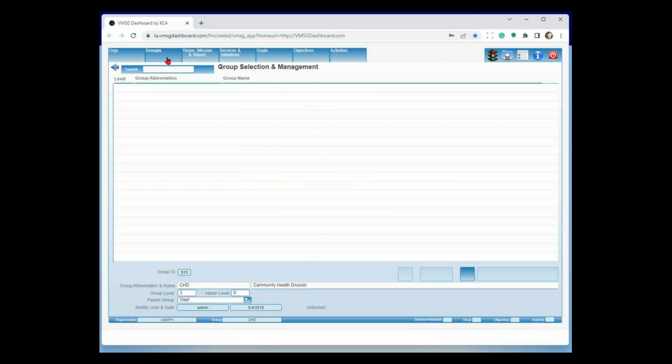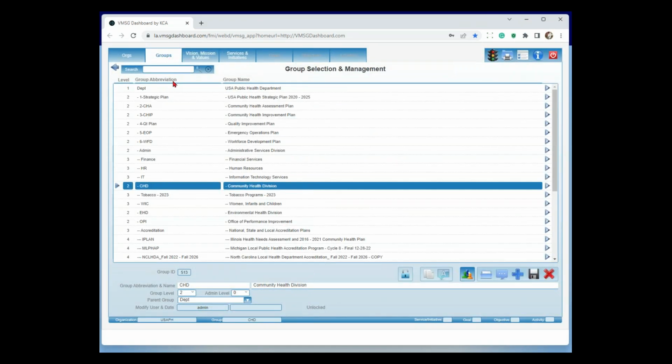I'm going to go to my groups tab now, which basically is the structure of your department plus the highest level plans. So in the FAB world, they have what they call their 6-pack of plans, these 1 through 6 right down here. These are the minimum required plans for accreditation at any level, whether you're going pathways or going full accreditation. You've got to focus on these 6 plans.